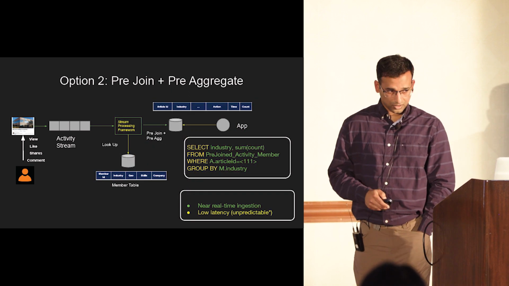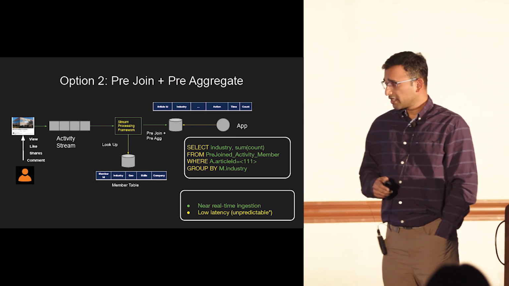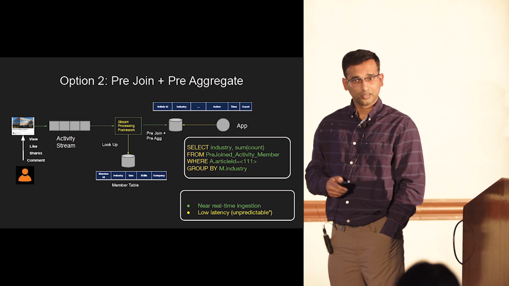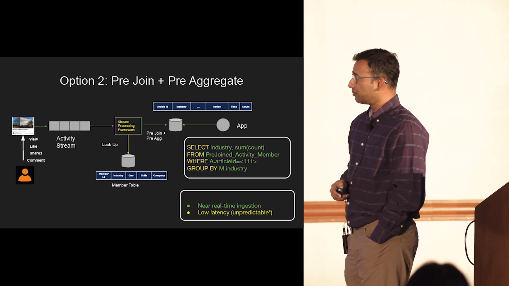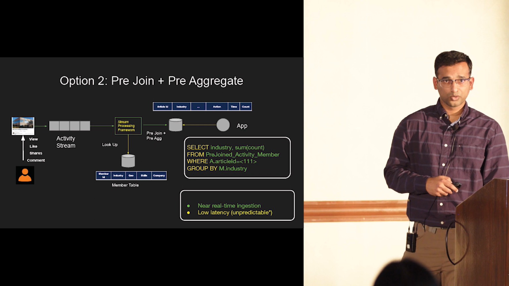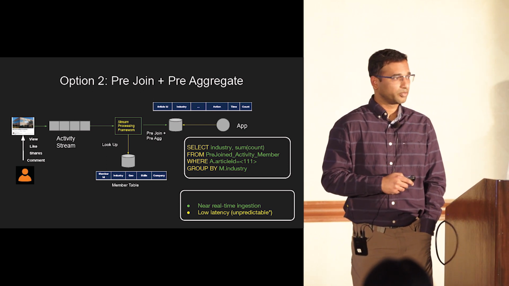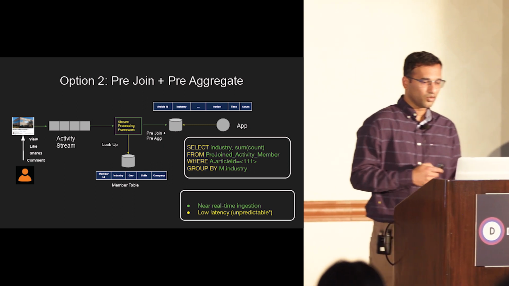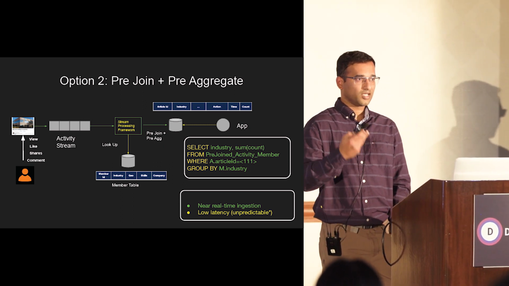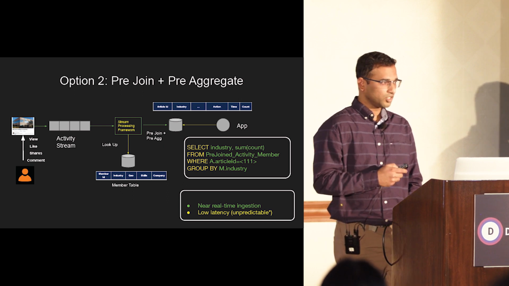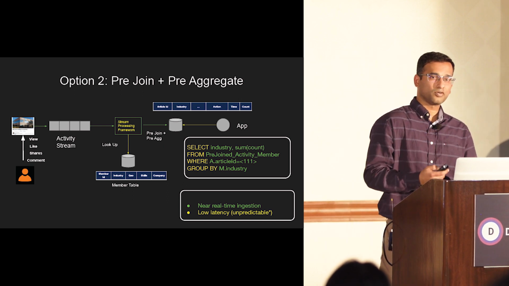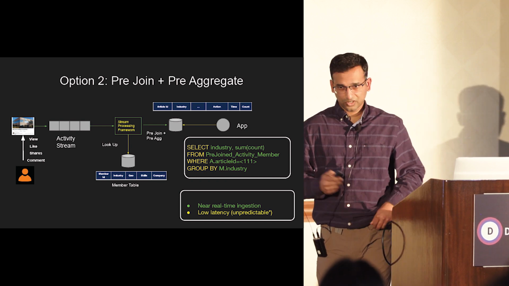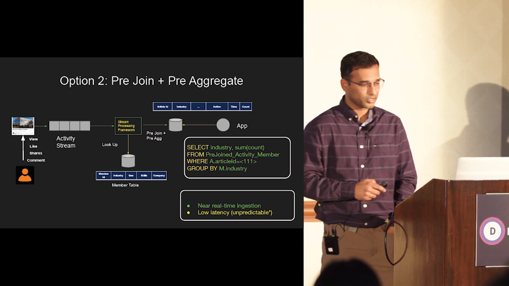The second option is a little bit complicated, but I'll walk you through that. So the first part is exactly the same. You get the data, you put it into the activity stream. And then instead of directly putting it into the DB, you join the data upfront. So there is a stream processing framework that you put in the middle, where you're doing a lookup as the event is coming in, not at the query time. So you've shifted the workload from read time to ingest time, right? That's a key difference that you want to take away from here.